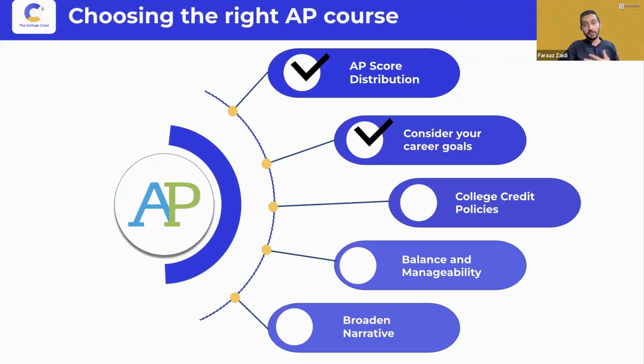Now, this brings us to the third point, which is the college credit policy. When choosing a college, and while choosing an AP, let's suppose you're running this in parallel, or you're in ninth or 10th grade, and you look at the bracket of colleges you're going to be applying to. Then you should go to the AP's official website and find the number of colleges accepting the AP course you're applying for in the first place, and what the minimum score requirement is before you will be given those college credits.